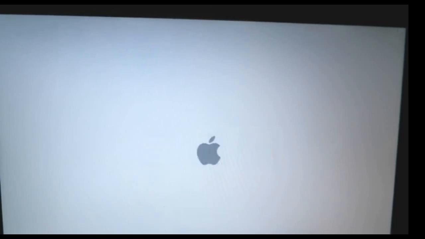It will take a while. It will just show you this Apple logo, and it will start processing. It will show you some options, like where you want to install and what you want to do with that. So guys, just stick with this, and I'll show you. It will take some time, and after that we also have to erase the disk. It will show the option for the disk, and there we need to erase the disk and make it available, and on that disk we have to install.